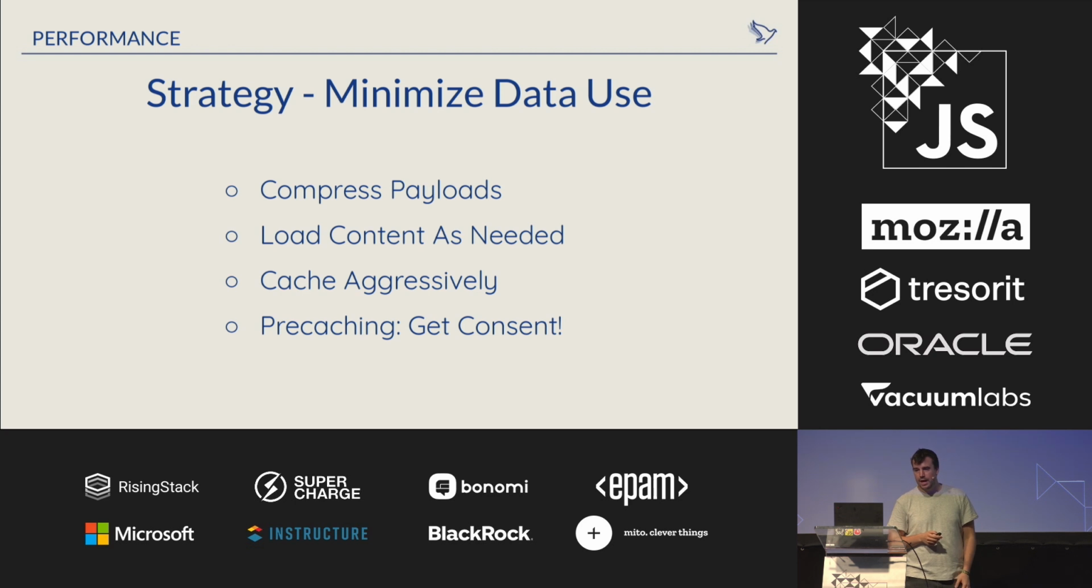So another strategy is minimizing data usage. This is just small bundles is really the answer, and aggressive caching. You want to compress your payloads. You need to cache everything you can. Load content as needed, which means if you don't need it up front, just grab it in the background. If it's not above the fold, then load it as the user scrolls down, if they scroll down, because oftentimes they're just going to click a link on the main menu and they never need that second half